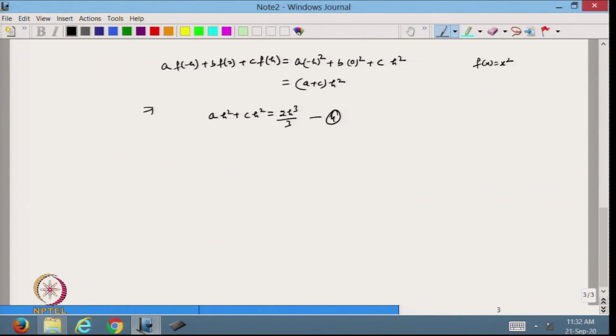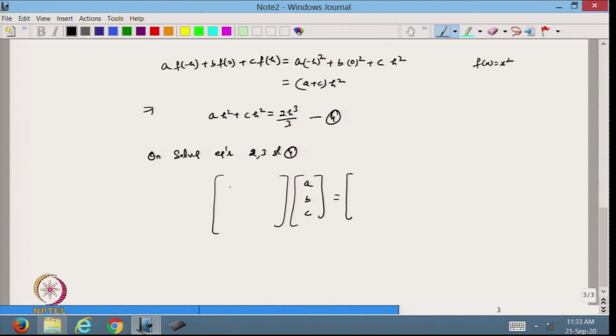Now, suppose I have 3 variables, a, b, c, and the 3 equations that we have now. So, on solving equations 2, 3 and 4, we can solve by the methods we have applied for solving a system of equations. This is basically a linear system of equations. So, from here I can get this system, and I will get a, b, c.